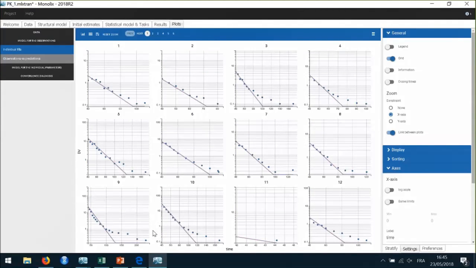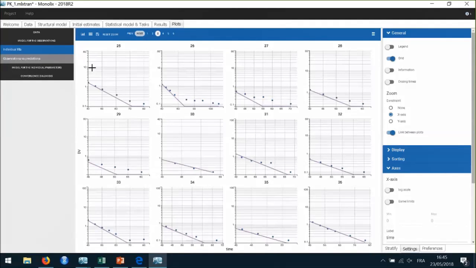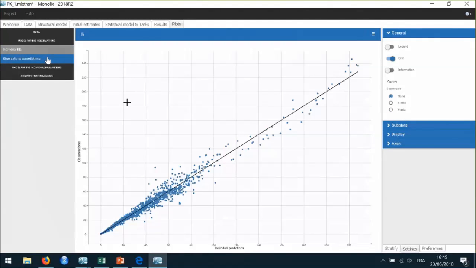I noticed that low concentrations are not well fitted for almost all the individuals. So the 2 compartments model seems unable to capture the different slopes of the elimination phase. I can browse through the individuals to check this. And I can also have a look at the plot's observations versus predictions.